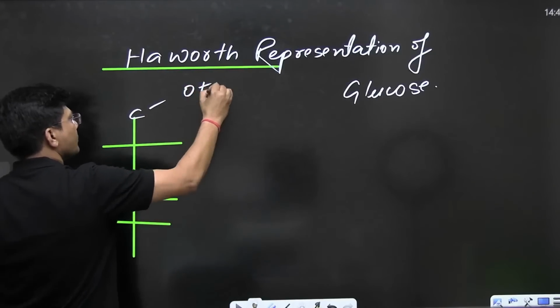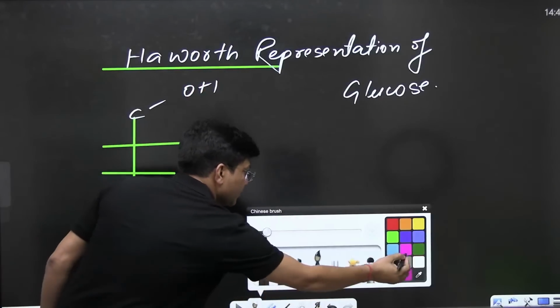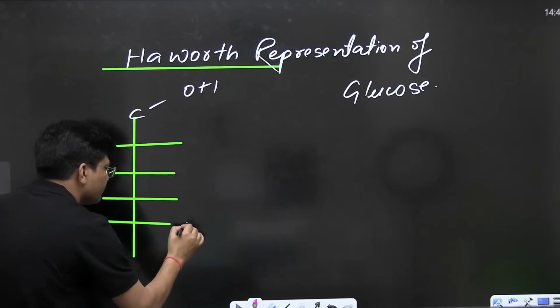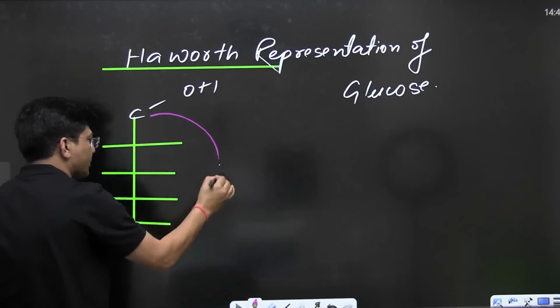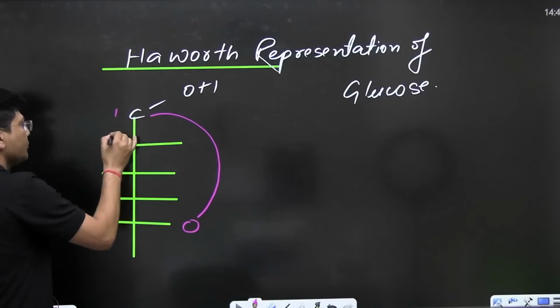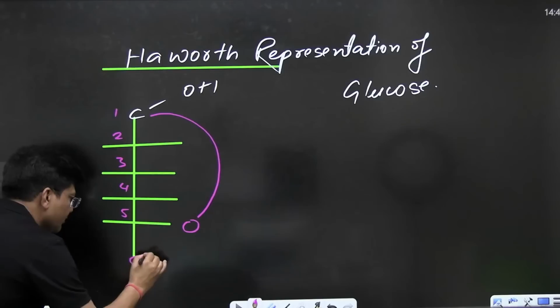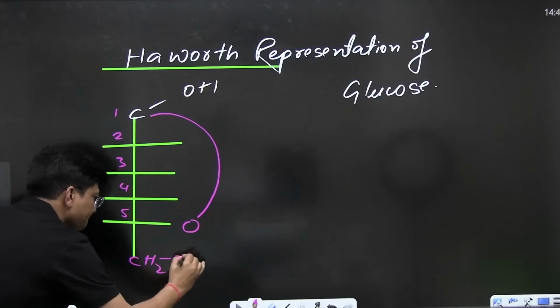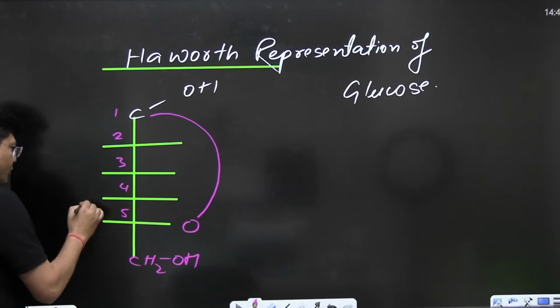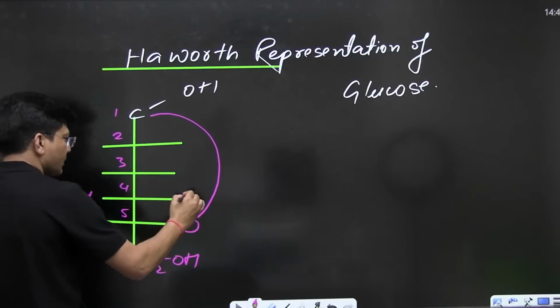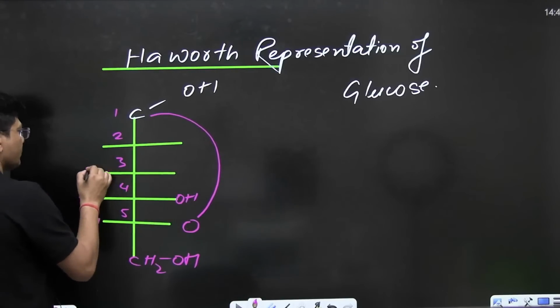CHO and this oxygen. Do you remember this oxygen? The oxygen which is attached to the fifth carbon. Let me number it: 1, 2, 3, 4, 5 and 6. HOH, HOH, H,